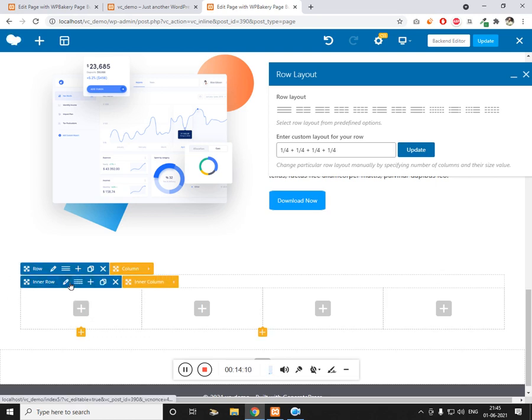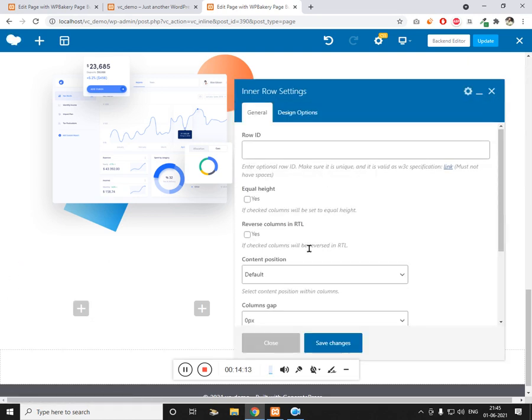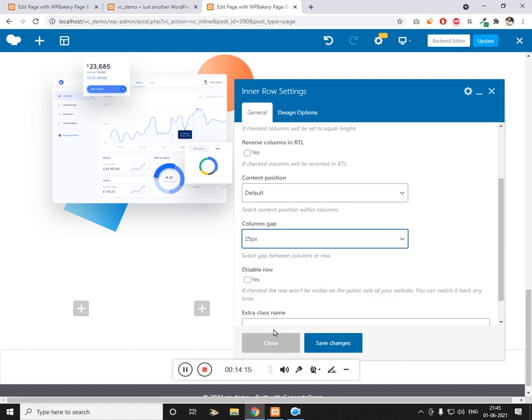Let me say 40 pixel or 30 pixel. Click on save.